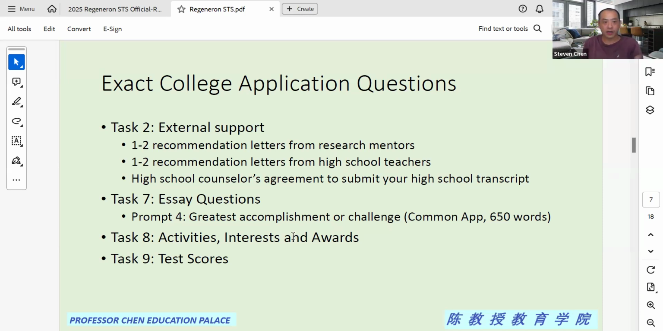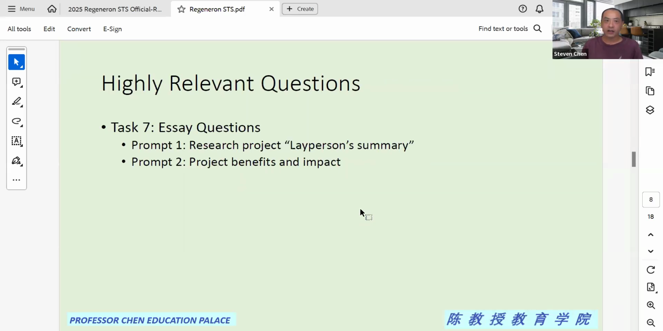And task 9 asks you to upload your test scores, like the SAT, ACT, the AP, right? So again, you have to upload those scores in Common App. So you see there is a lot of overlap with college applications. And second, there are some questions that may not be exactly the same as the college application components,